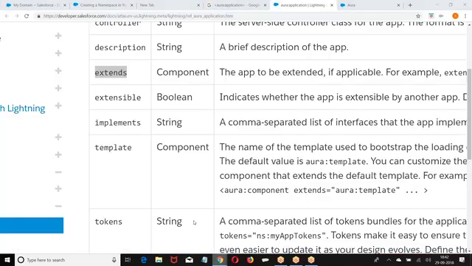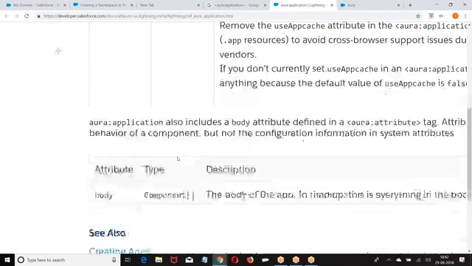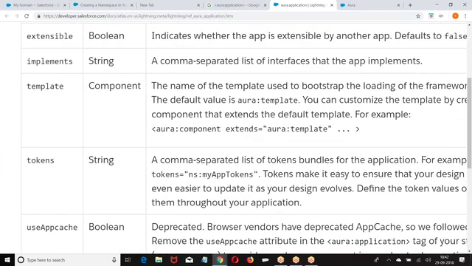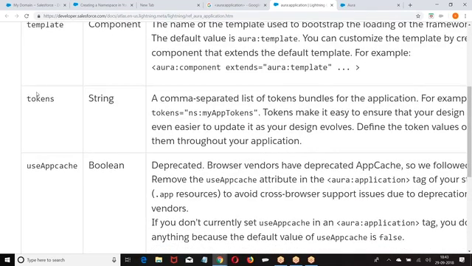Then template. What was the template? In case you want to use any of the existing templates, like Bootstrap templates, which are fixed, then I can create them as template. So if you want to use any one of the templates, use the name of the template. If you want to create a fixed template and reuse it, I will go for the template format. Then tokens. What was this token?